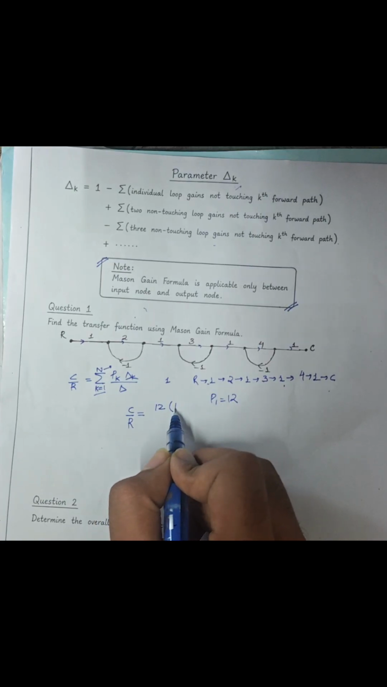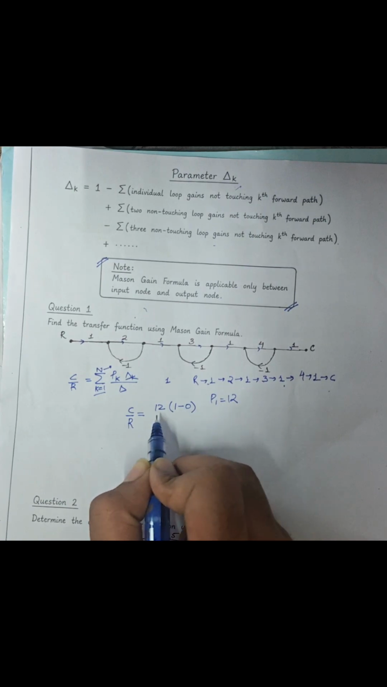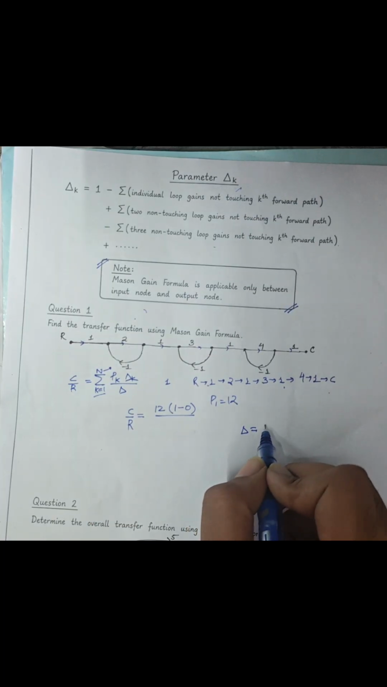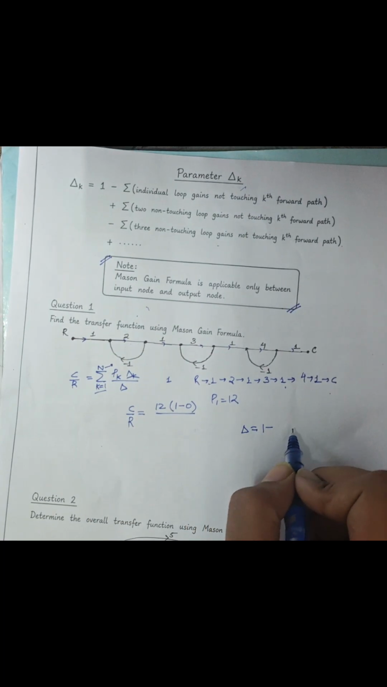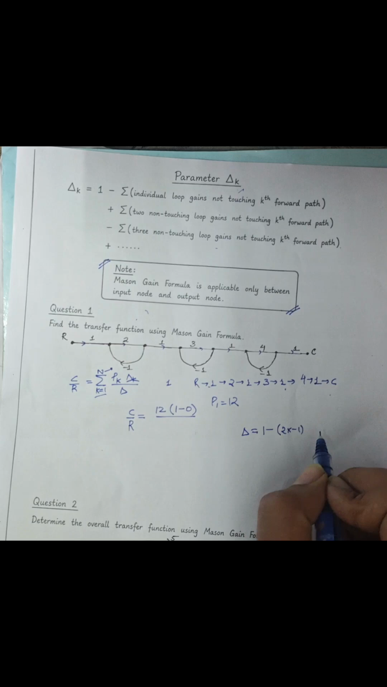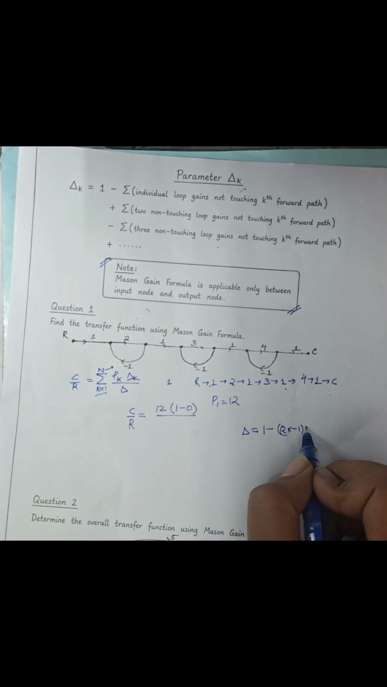del 1, I can directly write as 1 minus 0. What is del? Del equals 1 minus the sum of individual loop gains. What is the individual loop gain? 2 into minus 1, 2 into minus 1, plus